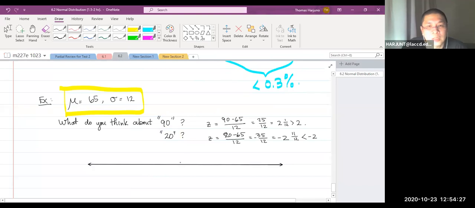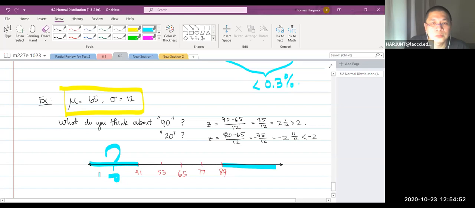So let's say this is 65, the mean. You add 1 standard deviation, that's 77. Add another 1 standard deviation, that's 89. 1 standard deviation less, that's 53. Another 1 standard deviation less, that's 41. So whoever gets more than 89 or less than 41 in this situation is considered unusual. Unfortunately, in your test one, I have more down here. So they are unusually